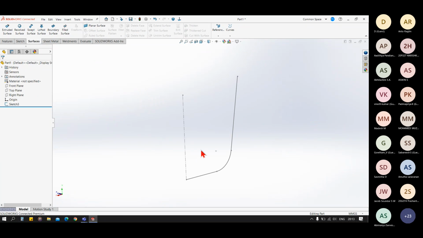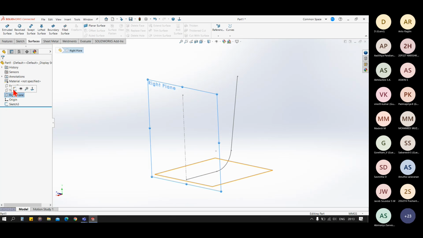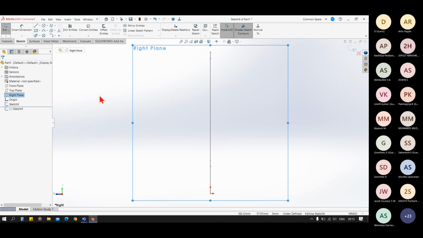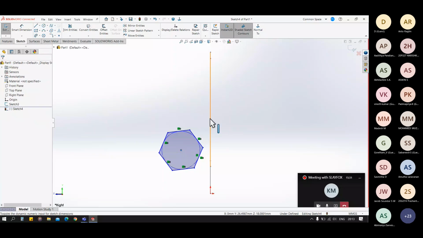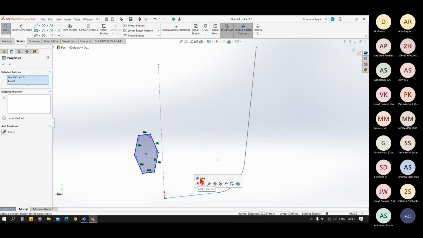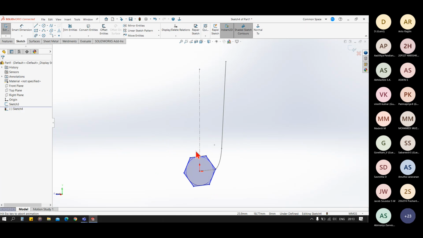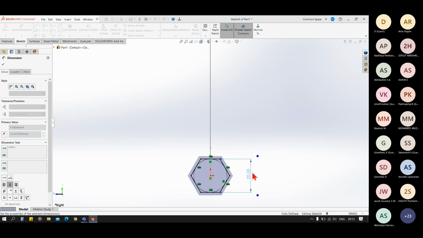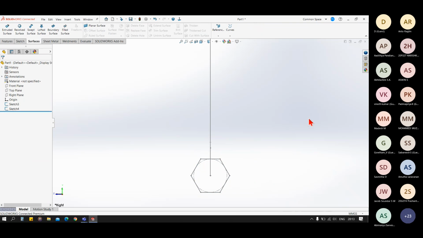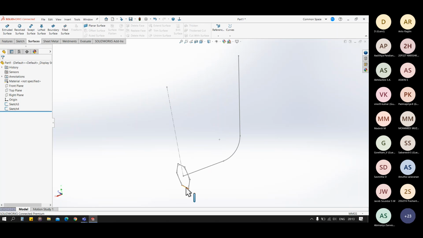Now let's see a swept surface. For swept, I have this as my profile and this sketch as my path.